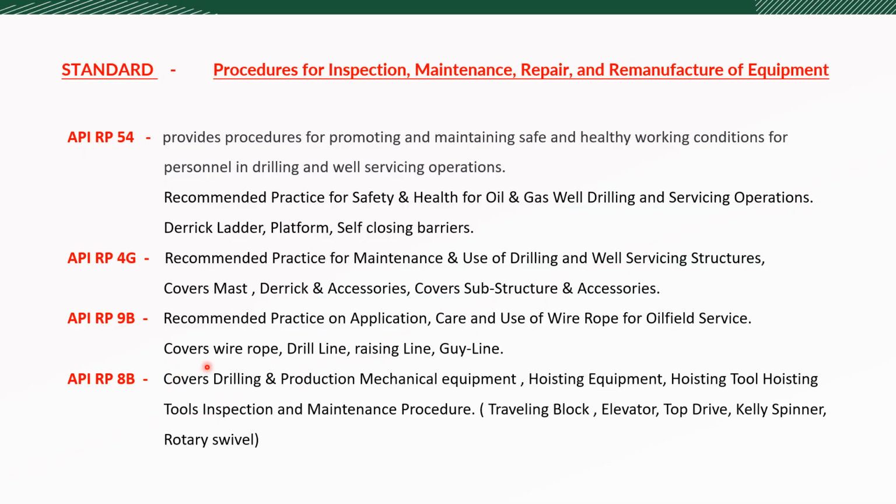There are many kinds of wire rope, used for many purposes, but the most important is the drilling line. Except for the drilling line, wire rope is used for other reasons as well. The wire rope drill line is the most important, along with the raising line and the guy line. API RP 8B covers drilling and production mechanical equipment,